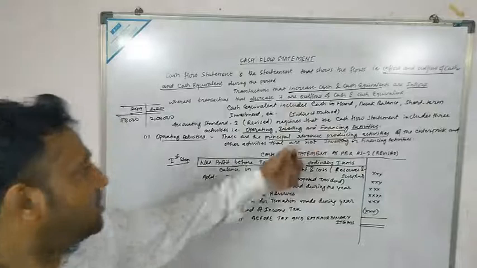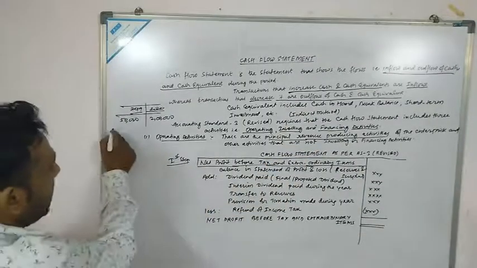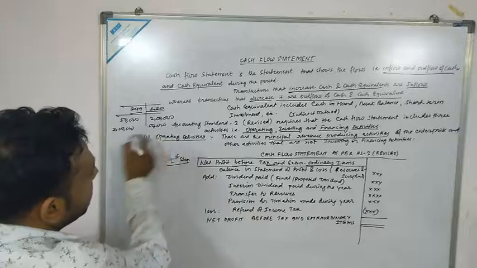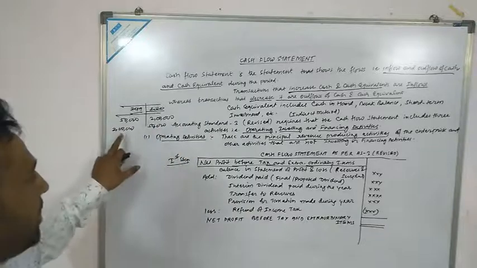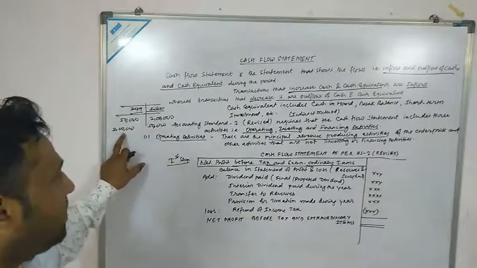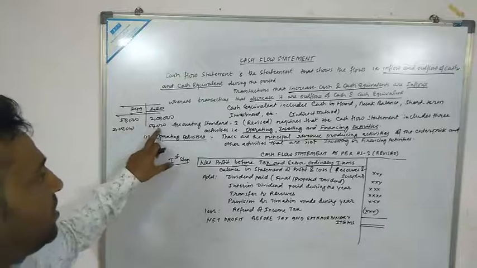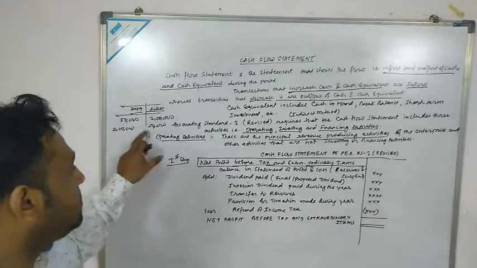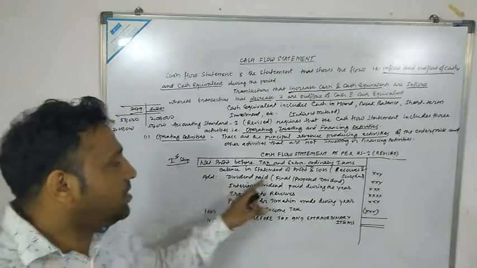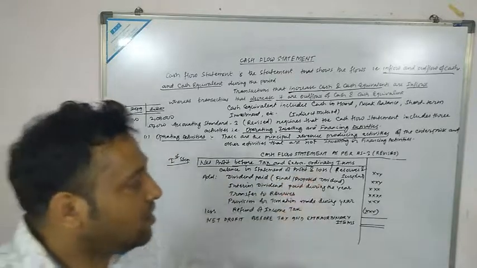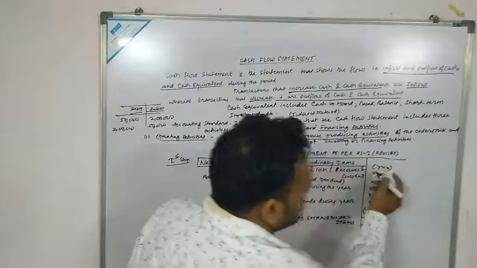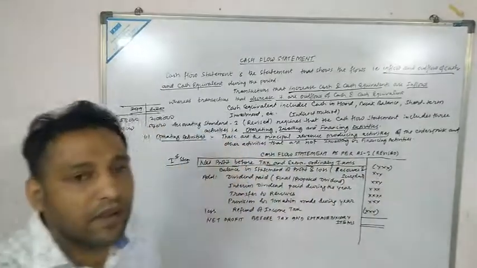And if it is just reversed, suppose here it is 2 lakh and here it is given as 50,000, then there would be a profit or a loss. In 2019 the profit was how much? 2 lakh. In 2020 the profit was how much? 50,000. That means there is a loss of how much? 1,50,000. Okay, so the balance in the statement of profit and loss would be shown in brackets if it is a loss. A bracket figure indicates a negative figure.